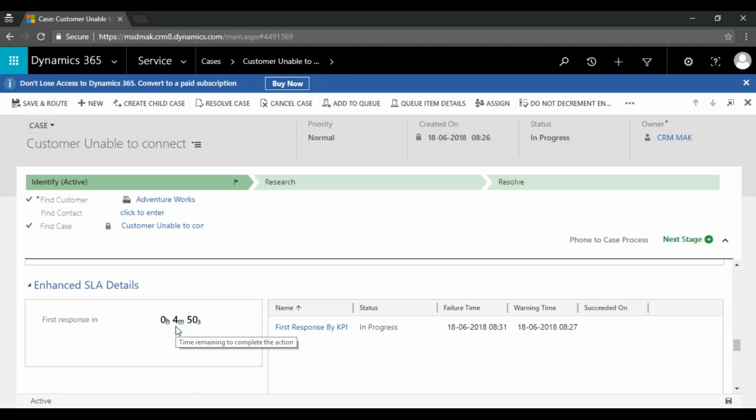If you notice here, an SLA will trigger here. We have given the least time, that is 5 minutes. So a countdown will start here. And then if the 5 minutes is completed, an email will be triggered.